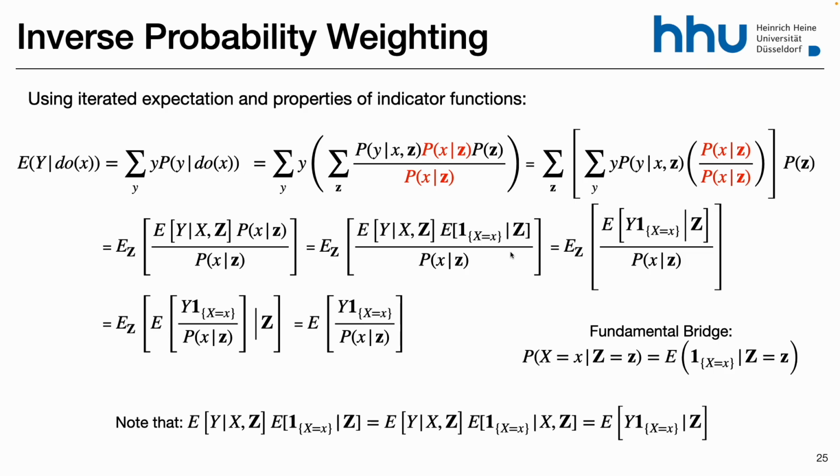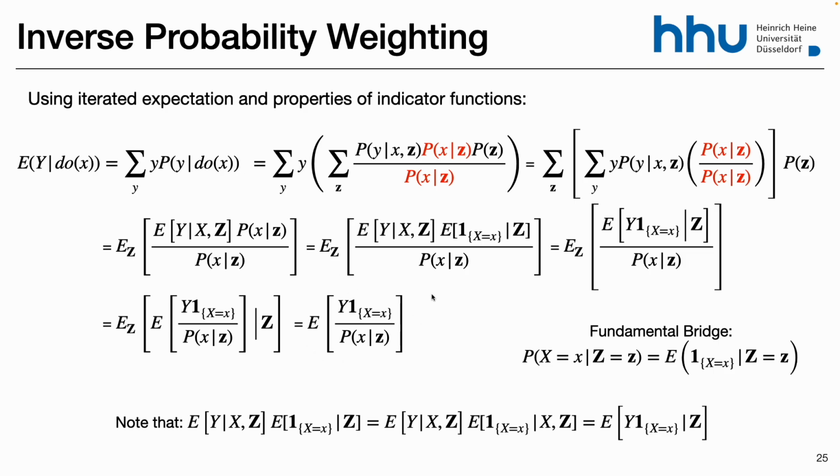In the counterfactual language, it's a little bit easier because you automatically have that the Y_x is independent of the indicator function, and this is going to be the counterfactual here. But anyways, this is going to be true. And now this is just a function of z, and when it's a function of z, you can put it inside of the expectation. So from here to here, I'm just putting it inside. And then using the iterated expectation, I can remove the expectation of z and then just get the expectation here.